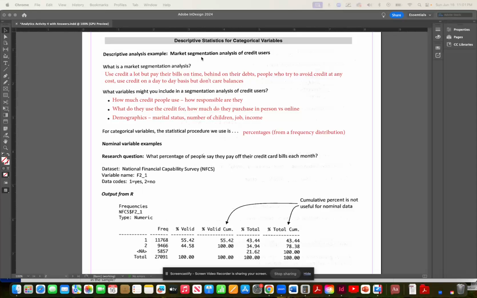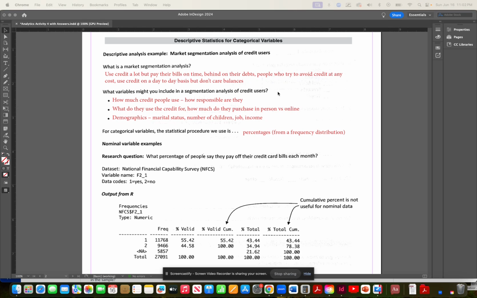Here's the deal. I gave you a PDF without the answers. So what you see in red is something that you should put on your notes, or if you printed out a hard copy of this PDF, this is something that you can put on there. So when it comes to market segmentation analysis of credit users, what we're trying to do is